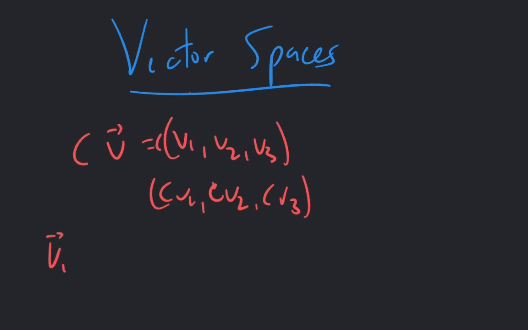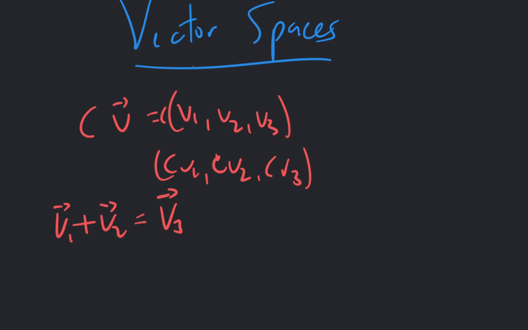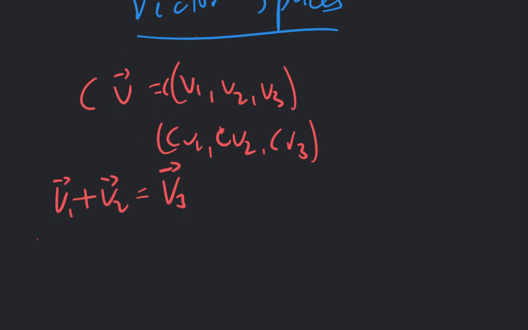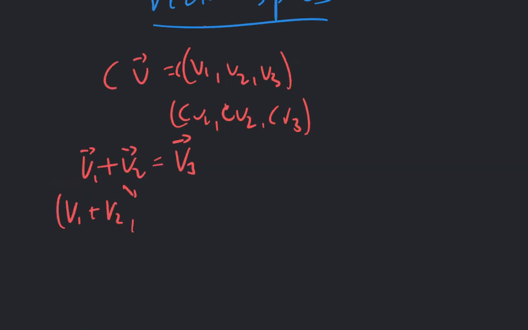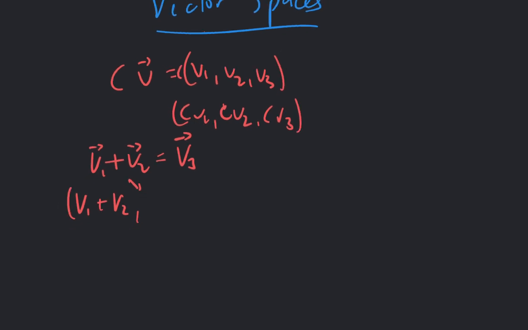You can add them together, and that would just be v1 plus, I guess maybe naming it a different thing would be better, but each component would be added, and that's pretty obvious, pretty simple. Vector spaces will have certain rules to them, but first I want to go over what is